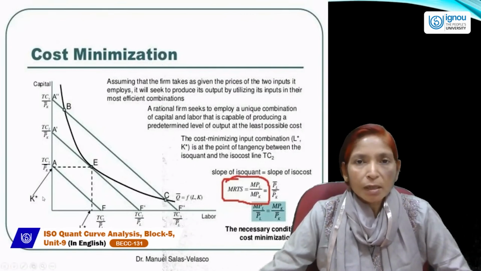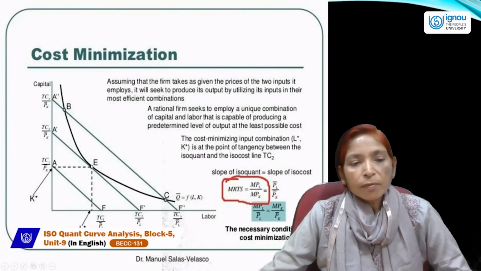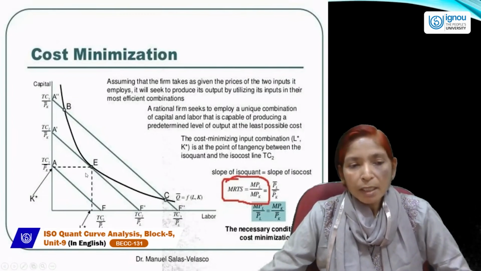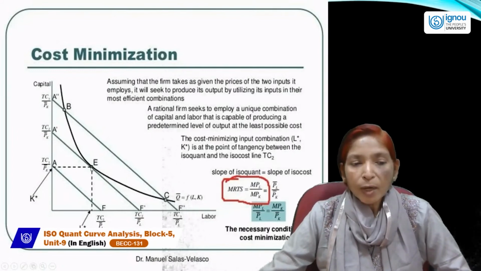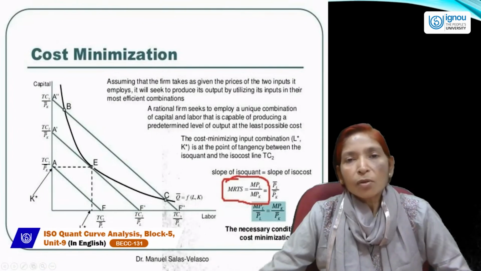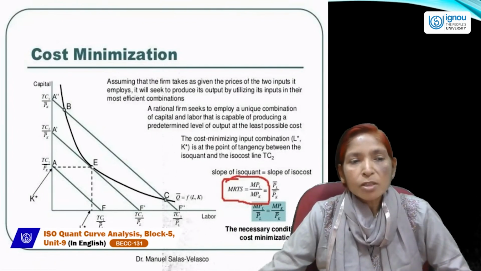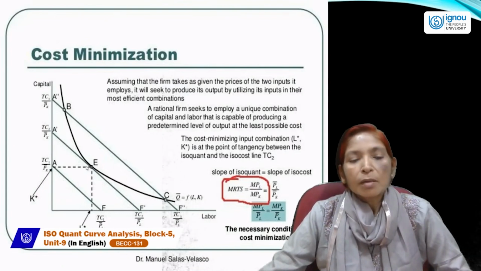And if the producer's income falls, then this isocost line will shift to the left-hand side. But in the actual isocost line, where this isoquant curve, which is always convex to the origin, at point E, where the isoquant curve is tangent to the isocost line,